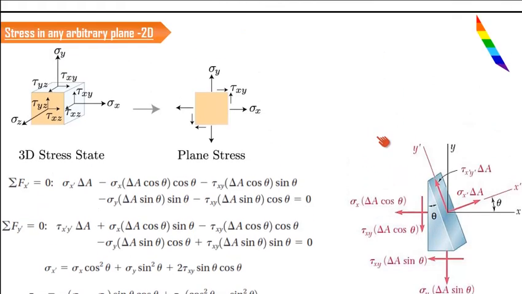Okay, now we are going to do the transformation. See, the transformation is very simple. You have already learned in your engineering mechanics and even the introduction class of the mechanics of solid that the equilibrium condition is nothing but summation of Fx dash equal to 0, summation of Fy dash equal to 0, summation of Fz dash equal to 0, and all the moments about x, y, z have to be 0. The same principle we are going to apply here. The force value should be equal to 0.